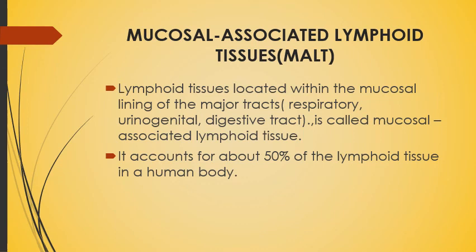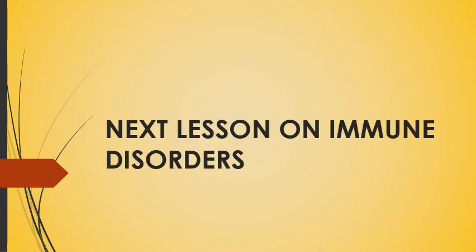So this is about your lymphoid organs, that is your primary lymphoid organs, secondary lymphoid organs. So today we discussed vaccination, immunization, and the structure of antibodies. Next lesson will be on the immune disorders, in which we discuss about the allergy, about the autoimmunity, and the